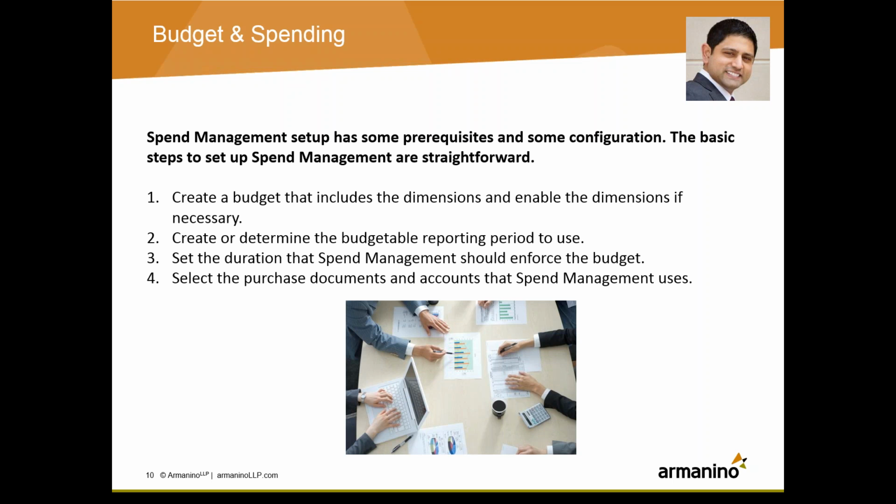Once it is configured, you're going to go in and actually create an individual budget, and you're going to as well include the dimensions that you want to tag. So just like you were used to within the standard budget feature within the general ledger, you're just choosing an account and all the various dimensions that are associated. Part of that as well is to choose a budgetable period. So it may be a certain month or it may be a certain calendar year end. That duration as well is a part of that budgetable period.